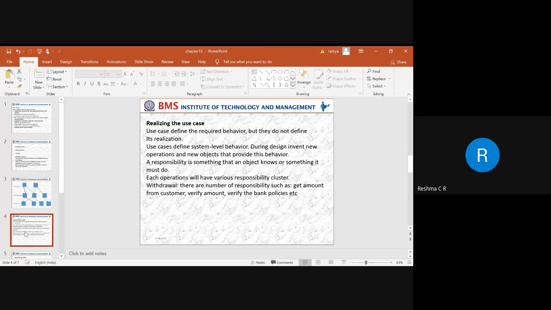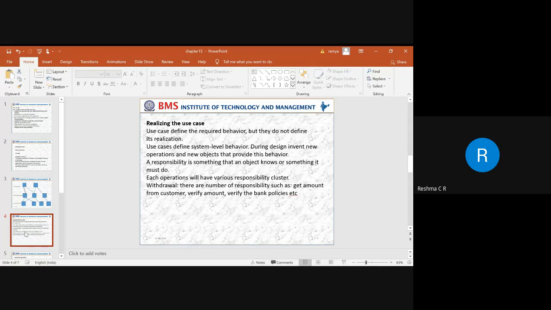So these operations, like the payment and ticketing system, can all be taken as operations. Each operation will have its own responsibilities. When you say a payment, it has to identify the user account, verify what type of operation it is, and what the manner is. All these things have to be identified.